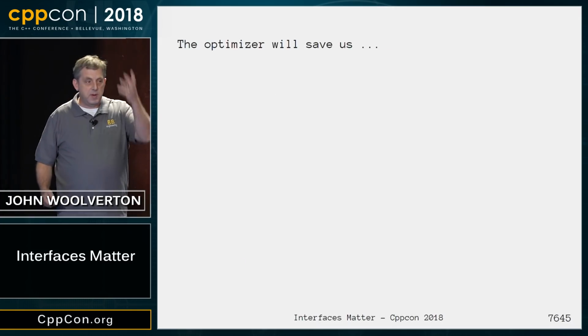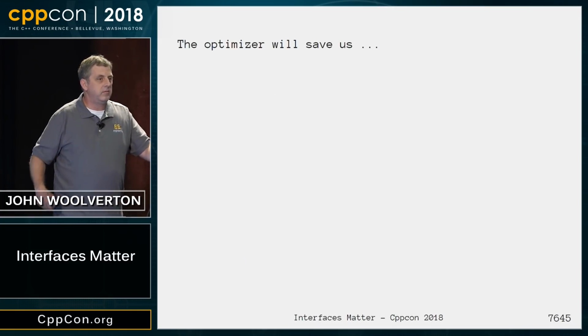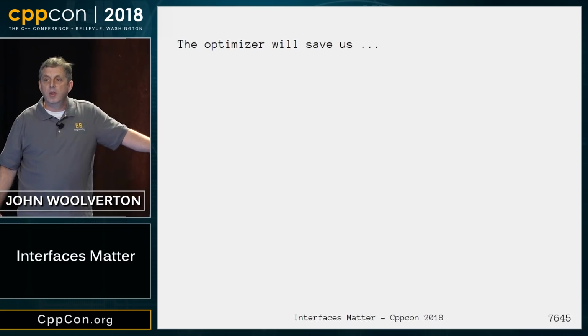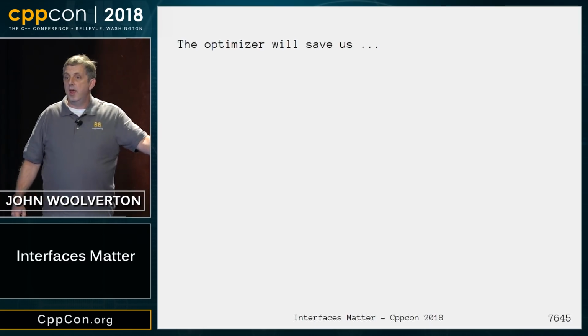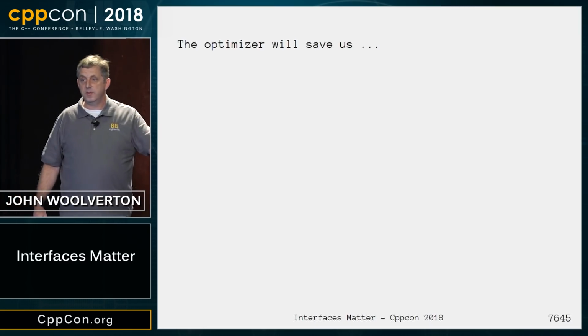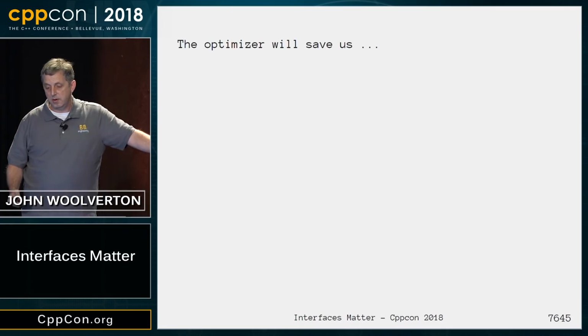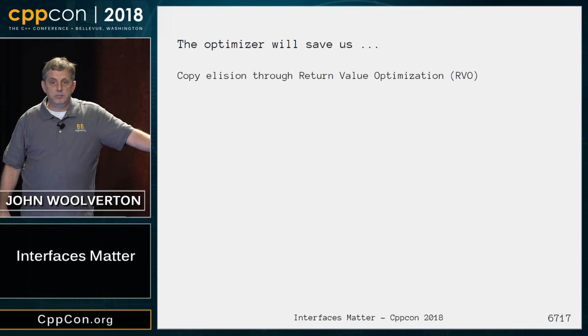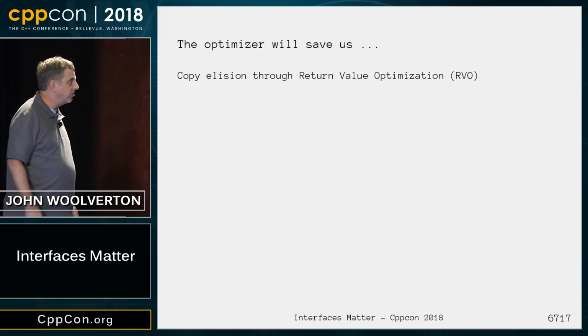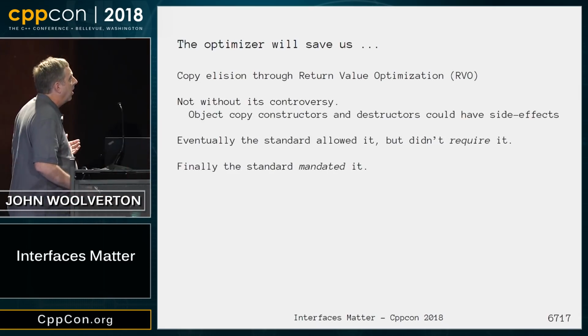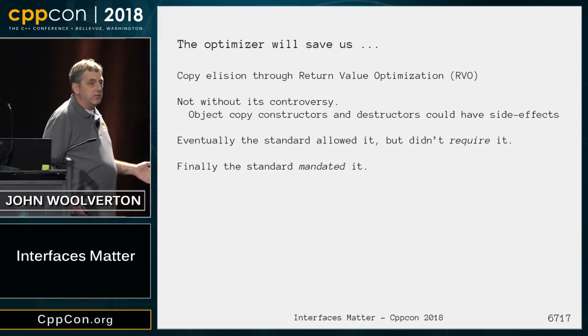So maybe the optimizers will save us. Compiler writers like to be clever. They like to do interesting tricks. Maybe they can pull something out of their hat and save us some of the pain of these heap allocated containers. So some of the compiler writers came up with return value optimization and other copy elision. But it was not without its controversy even then,